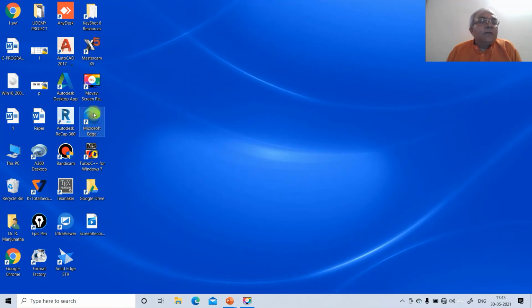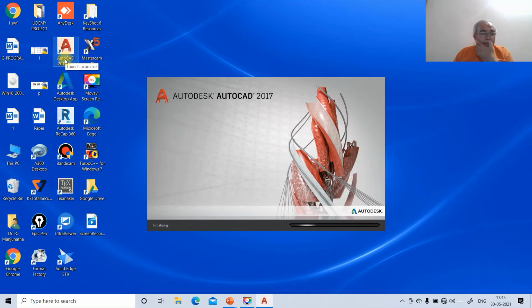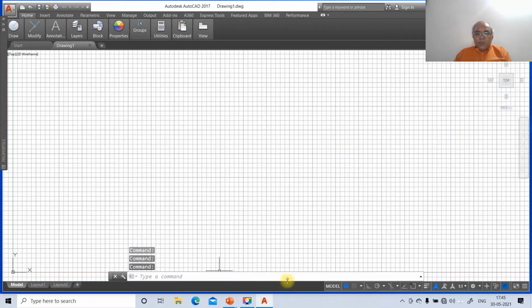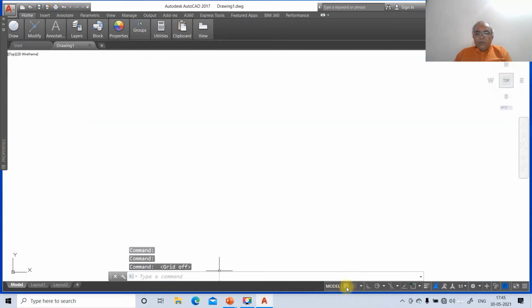To do that, first we will go to the AutoCAD screen. Then start drawing, and switch off the grid mode.